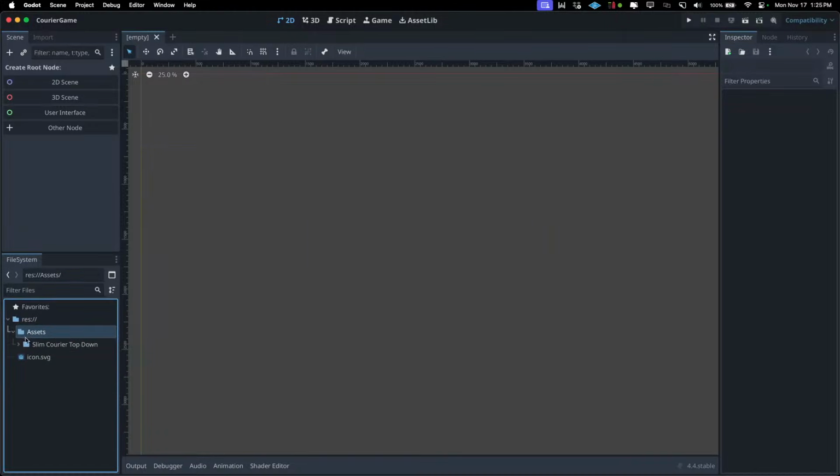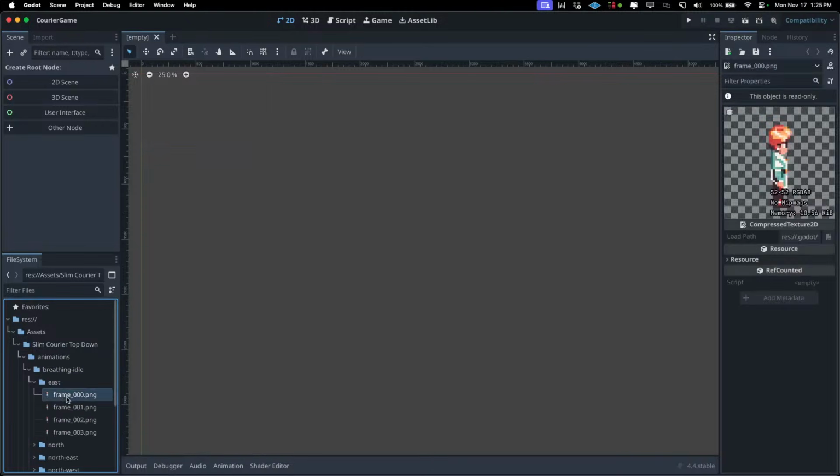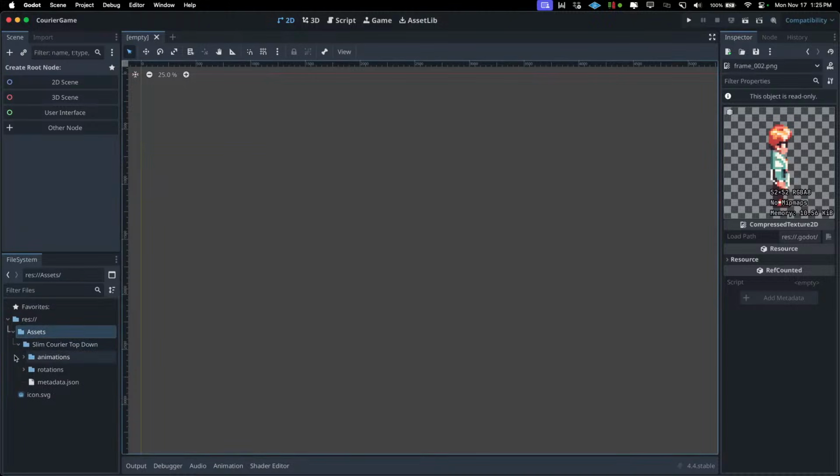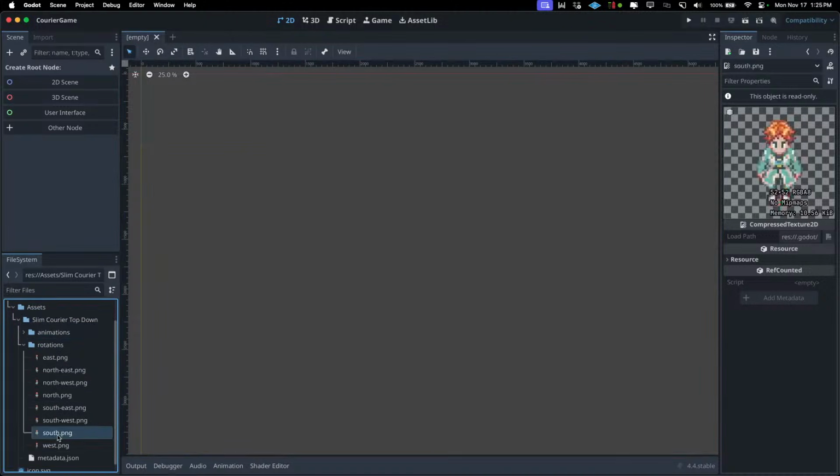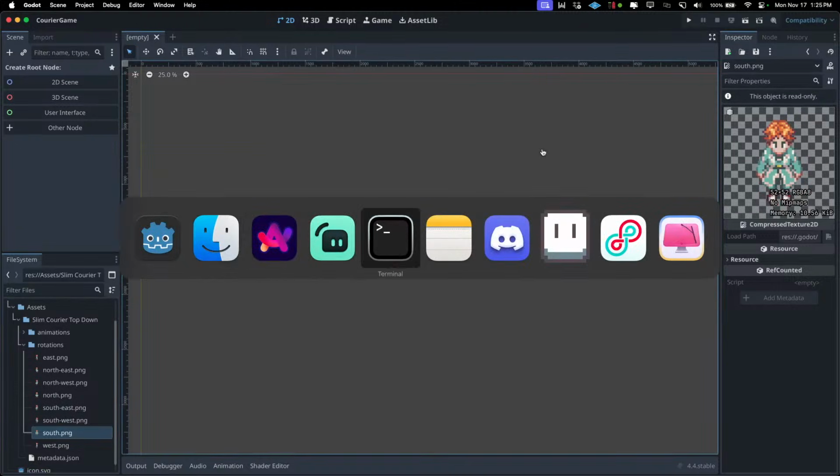I'll drop it in there, and now we have everything right here, right? So basically now we want it to be coded in, like we want to actually be able to use a character, right? So what I'm gonna do is now I am gonna use Claude Code